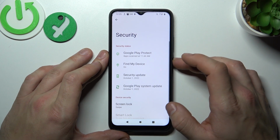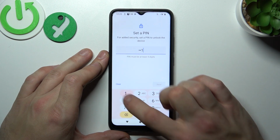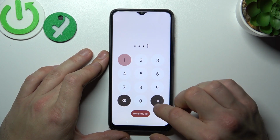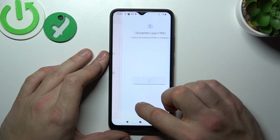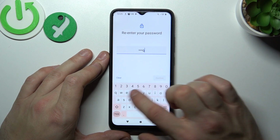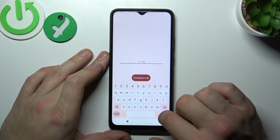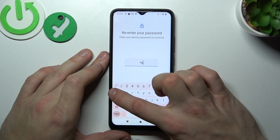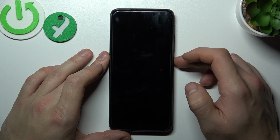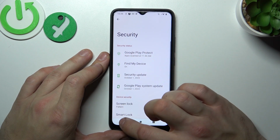Now let's set up swipe, next pin, now password, and in the end pattern. Once it's done, we can go back,